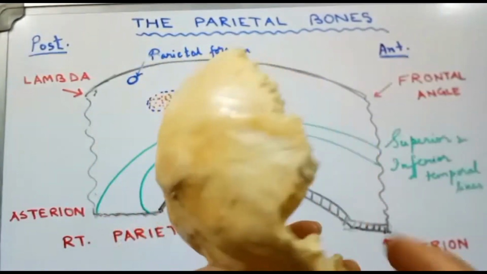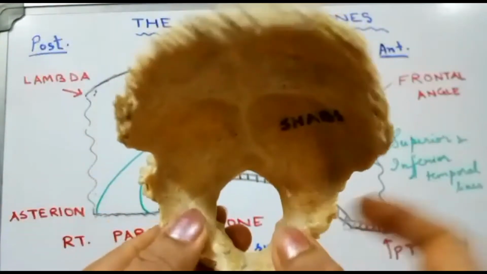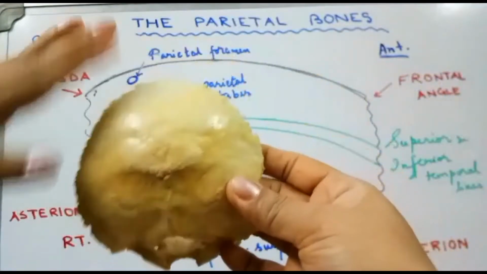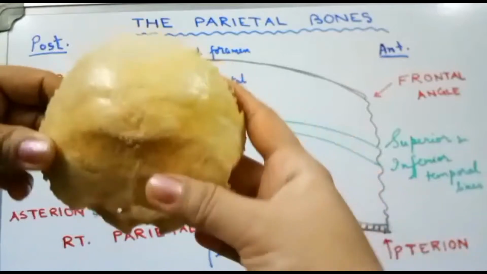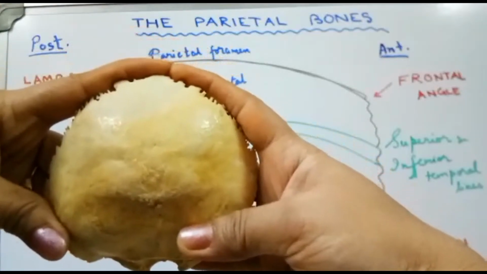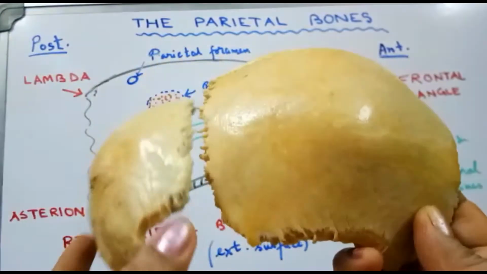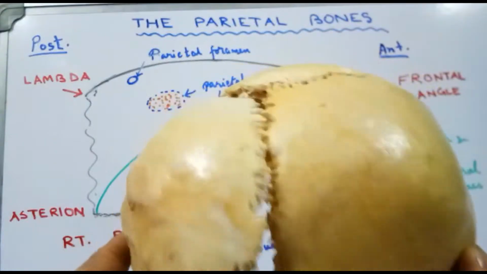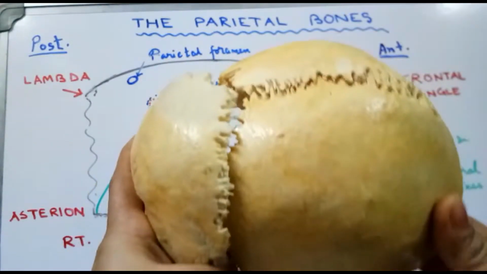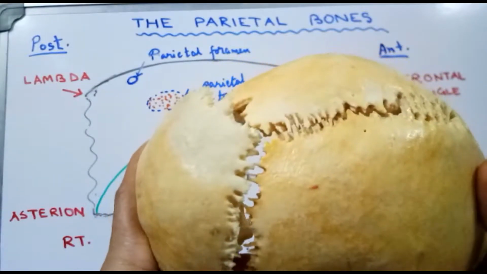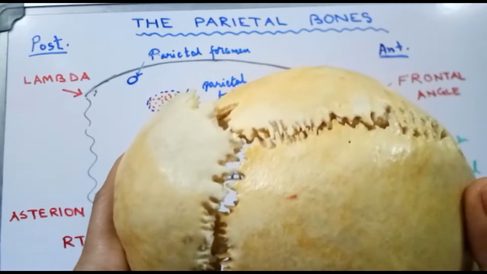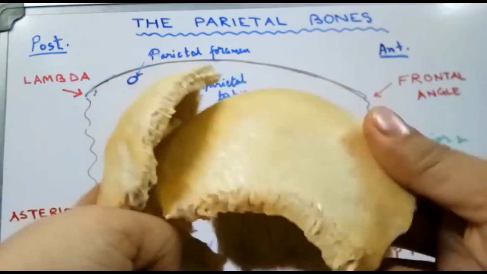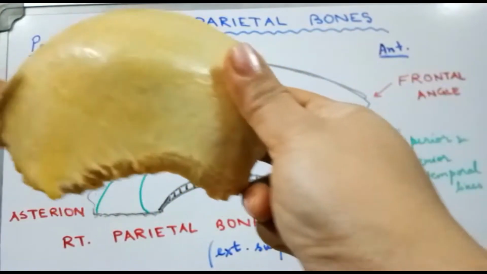This is the occipital bone with its foramen magnum. Now this part is the squamous part of the occipital bone. It has a superior angle and two superolateral borders. The superolateral margins of the squamous part of the occipital bone will articulate with the posterior margin of the parietal bone and will form the lambdoid suture. And this angle behind, the meeting point of the sagittal suture with the lambdoid suture, will be the region of the lambda.